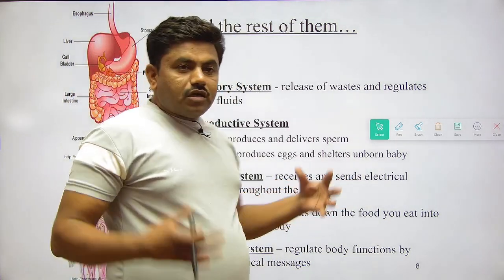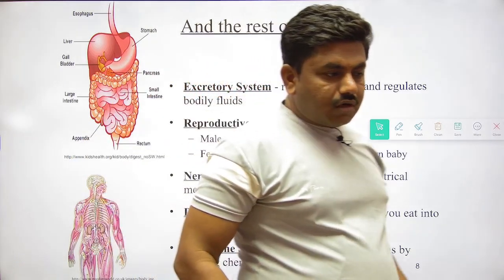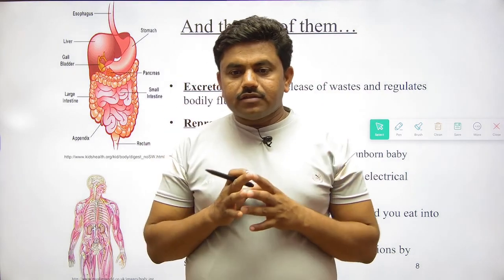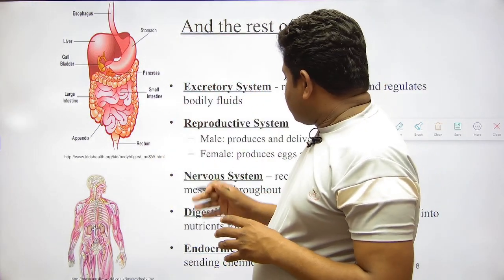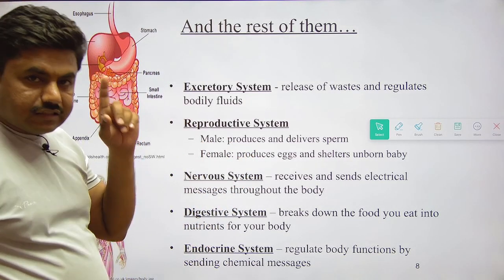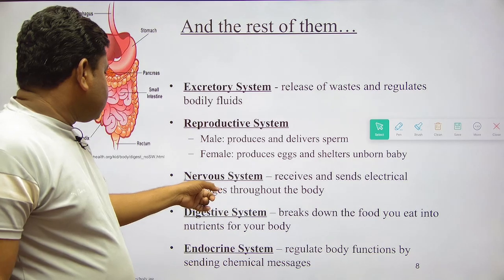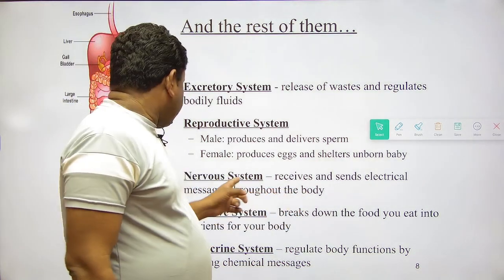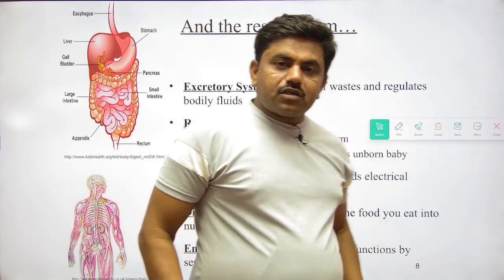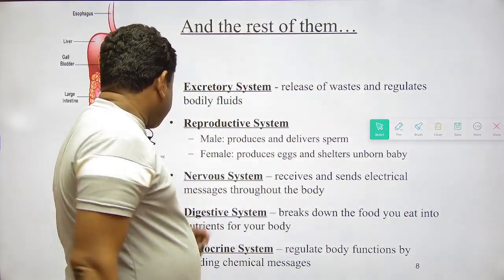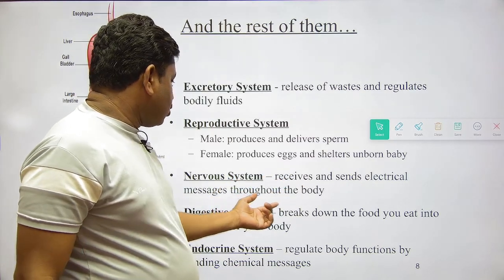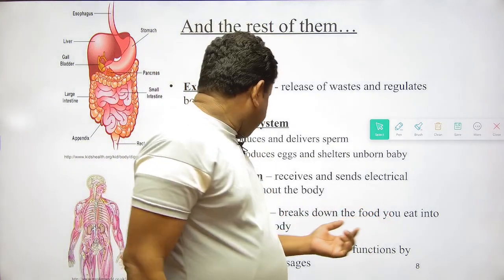the body. Nerves are present all over our body, and they give sensations to the brain. The nervous system gets the various senses and provides the sensations to the brain, and that is why this system is also important in our human body. We cannot see it, but the nerves are available throughout our body, and they give the sensations or messages to the brain. It receives and sends electrical messages throughout the body to the brain.